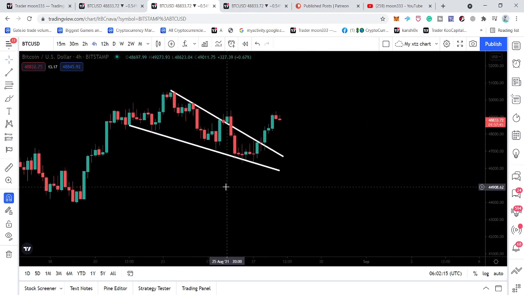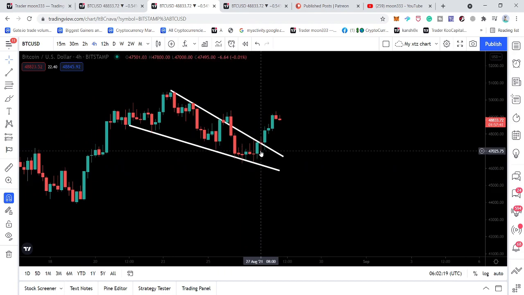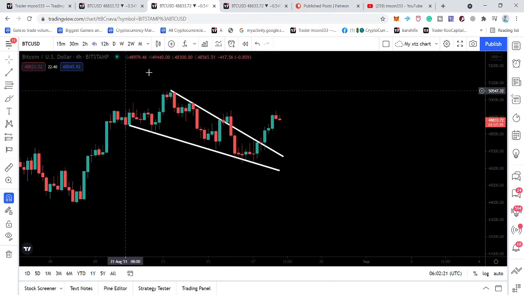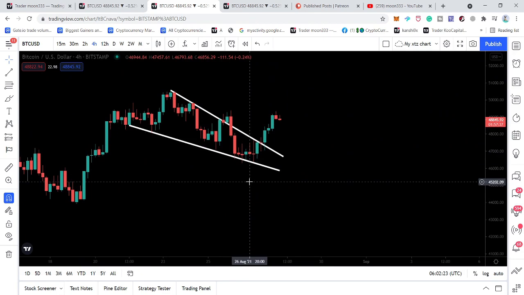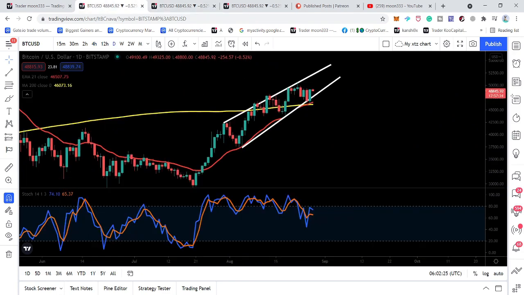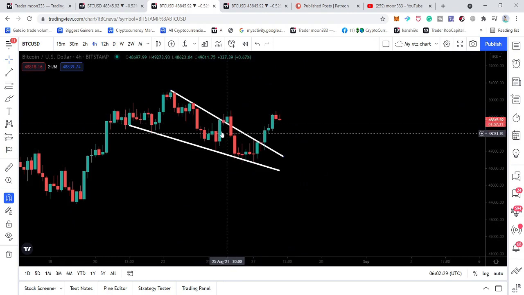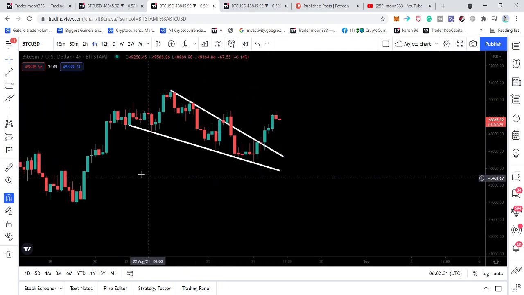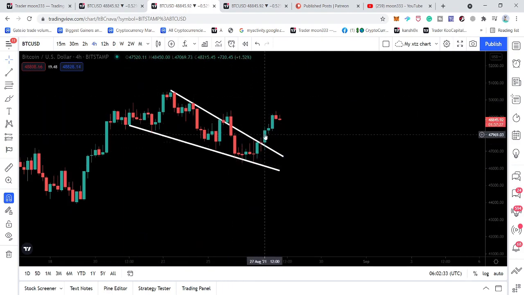Therefore, there are strong chances that the price action will break out the resistance, because on one side this is the bullish reversal pattern, and on the other hand we are completely in an uptrend. Therefore, it can be a fake out there. And now you can see that the price line has followed this bullish reversal pattern and broken out this resistance